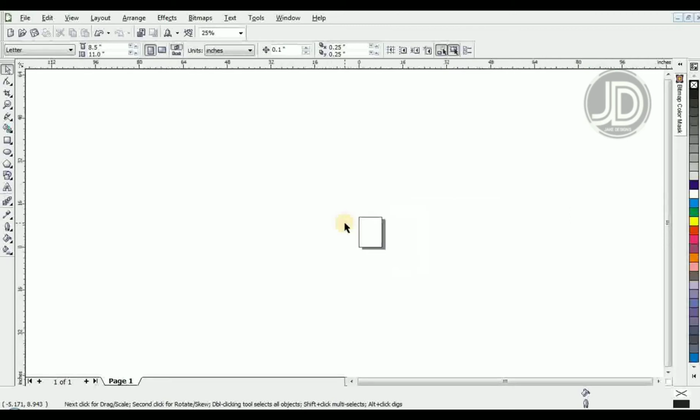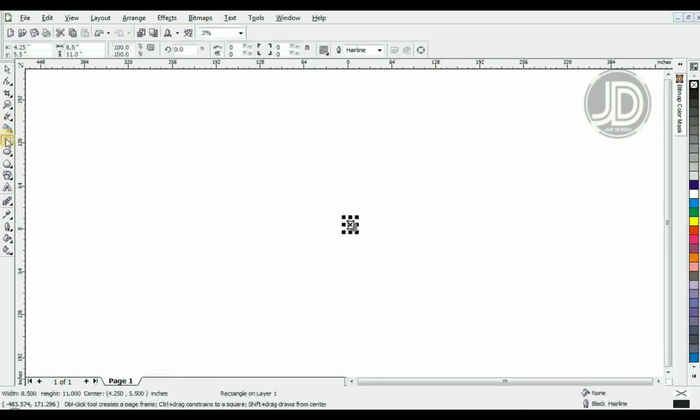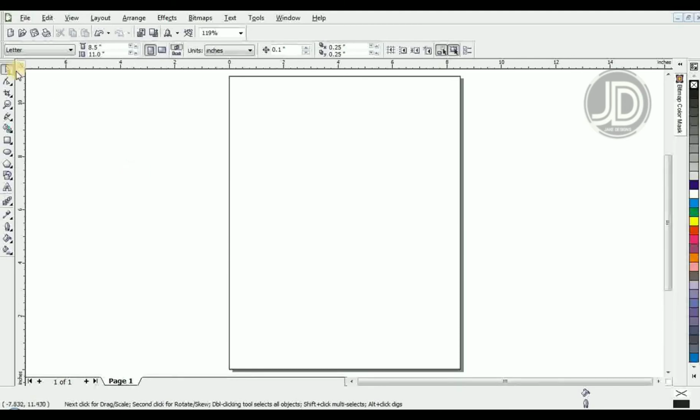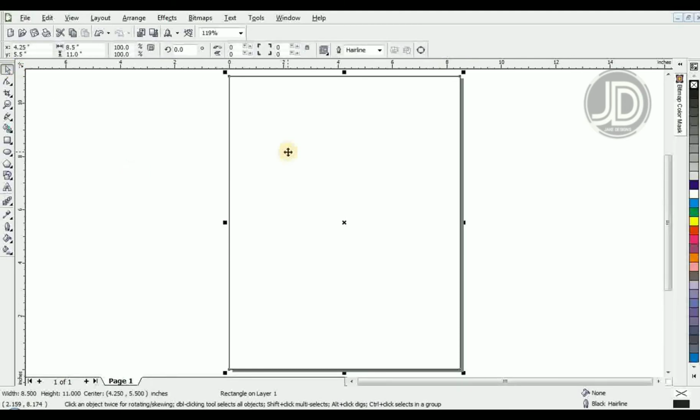I'm trying to zoom out to show you how big your work area is, so you can work anywhere here. But if you're looking for the print area, it is where you have your box. So whatever you have here will be printed. Okay, so as I was saying initially,